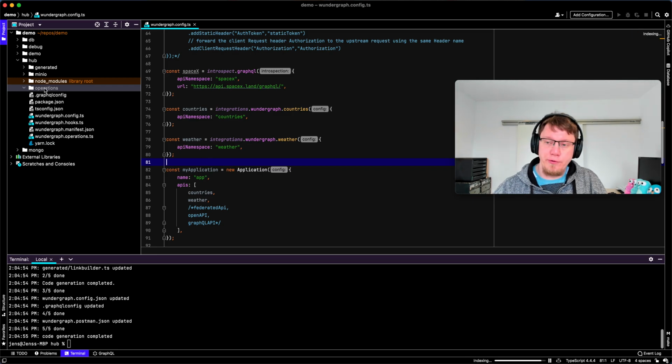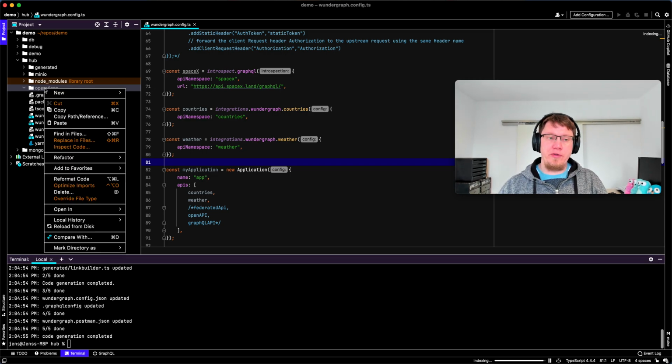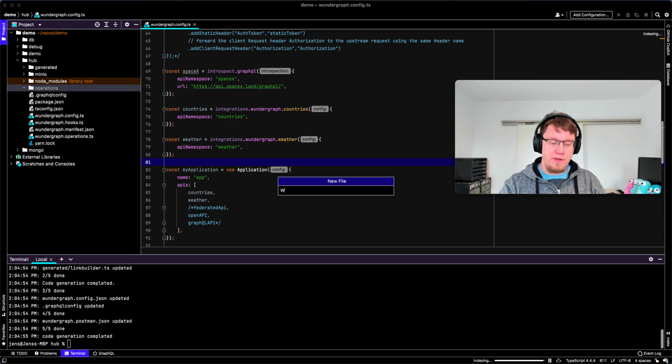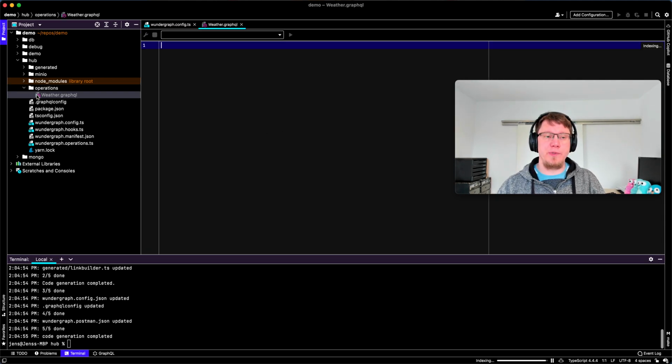So now we have a GraphQL schema with a weather and a country API, both namespaced, so we can write our first operation. Weather.graphql. That's the convention here. We do like Next.js based routing, but slightly different. So you put your operations in the operations folder and they have to be named .graphql. And because we generated a schema file, the IDE now gives us intelligence